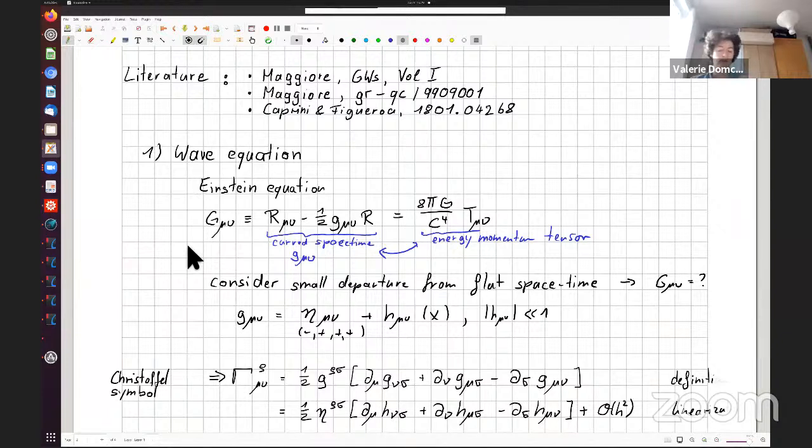So preheating is very violent, right? It's very high energies. It's not at all symmetric. You may have bubbles which collide and all sorts of things going on. So it's a strong source of gravitational waves. However, the problem is that preheating happens typically very early in cosmic history, which means that the gravitational waves get diluted a lot until they reach us. And also the length scale of the gravitational wave involved depends essentially on the typical size of the process.